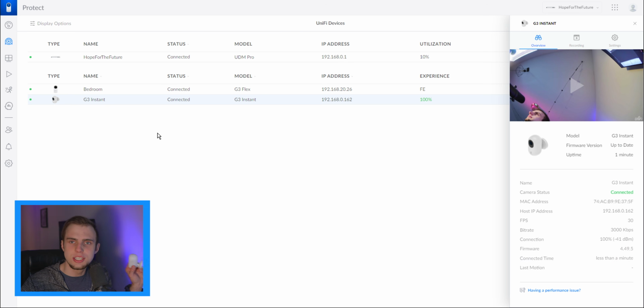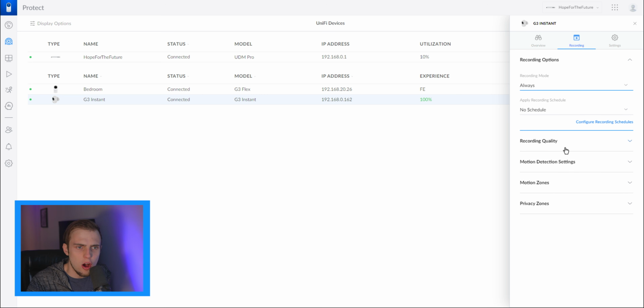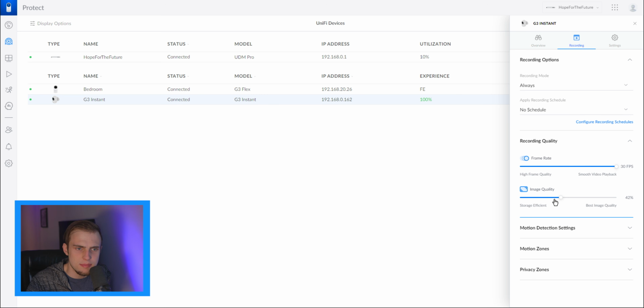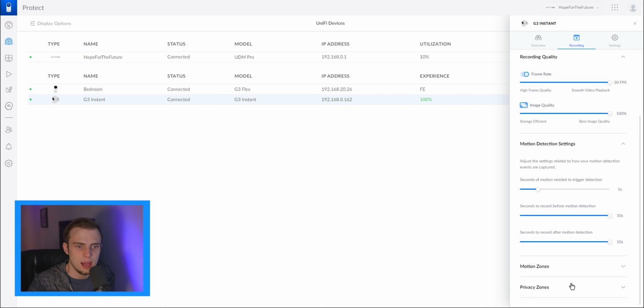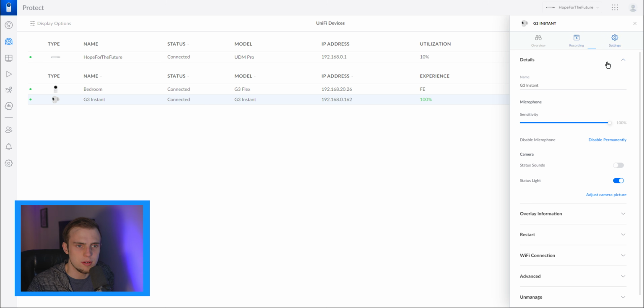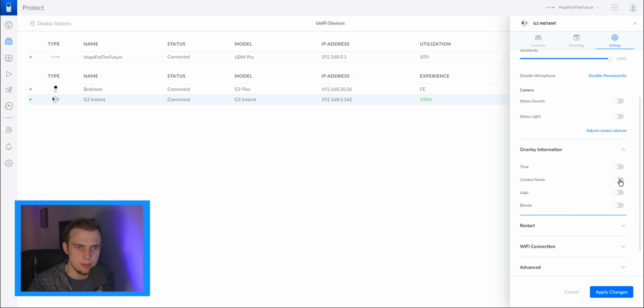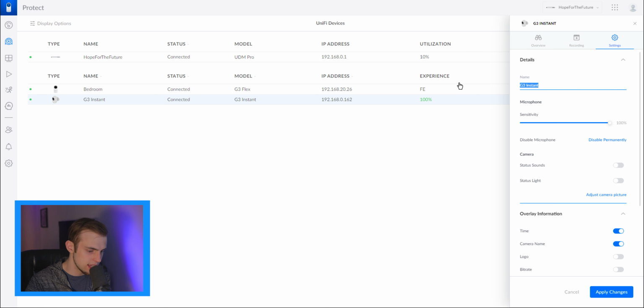All right, now that our little G3 Instant has been updated, we're going to go ahead and change the settings on it as well. So recording, again, always recording, quality, image quality, 100%. Motion detection settings, I want 1 second of motion to be required in order to count it as motion. We're going to tell it to record 10 seconds before, 10 seconds after, and apply changes. We're also going to come over here to our settings, disable the status light, and change our overlay information. I'm going to call this living room,